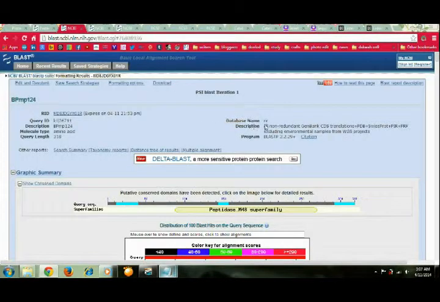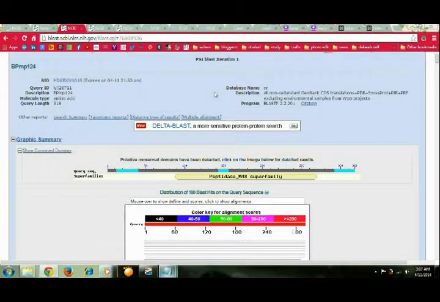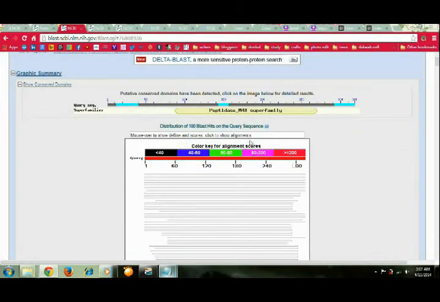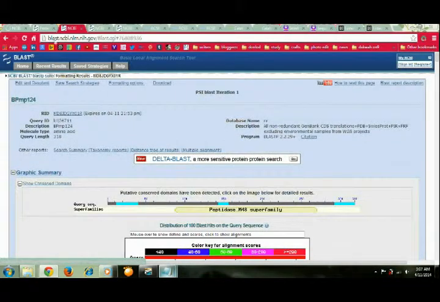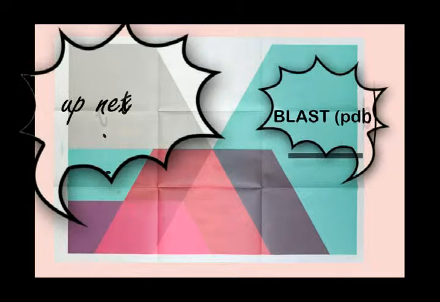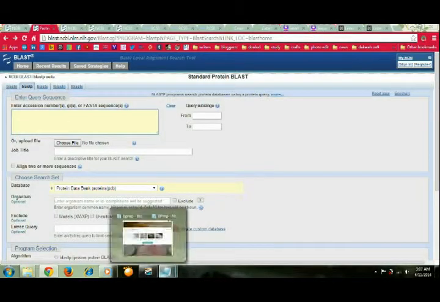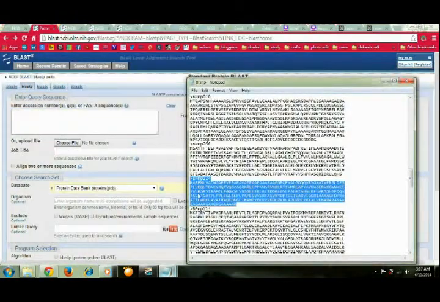So, this is the alignment of the most conserved domain of the protein of interest. The first red line sequence determines the most conserved domain of the protein of interest. Likewise, we can find the conserved domain of